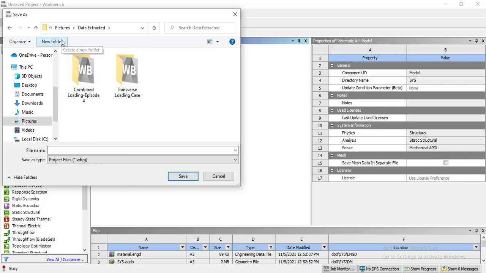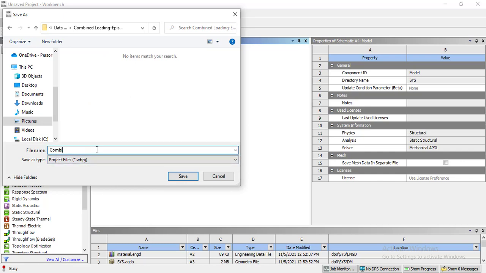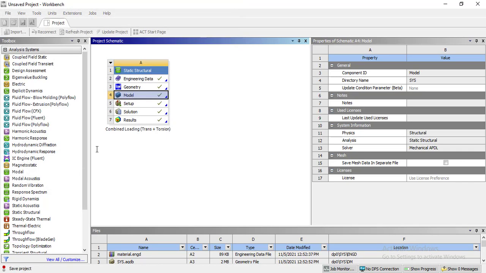I will create a new folder under the name Combined Loading Episode 5. Then press enter. Open this folder and name the project Combined Loading Dash Episode 4 and press save.